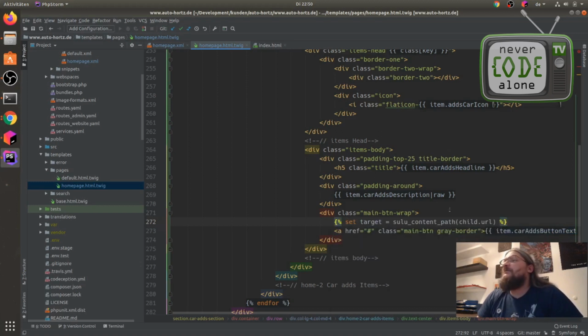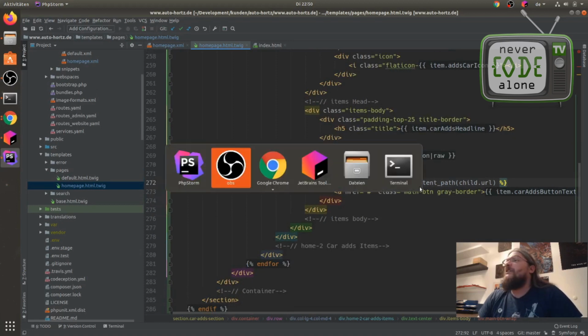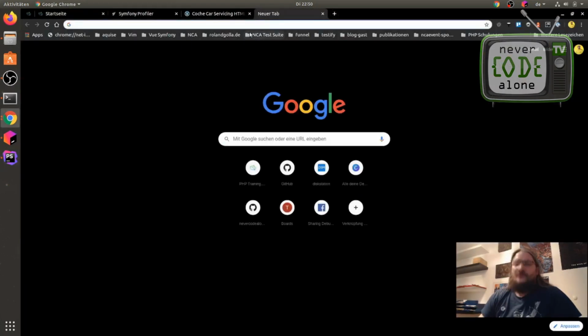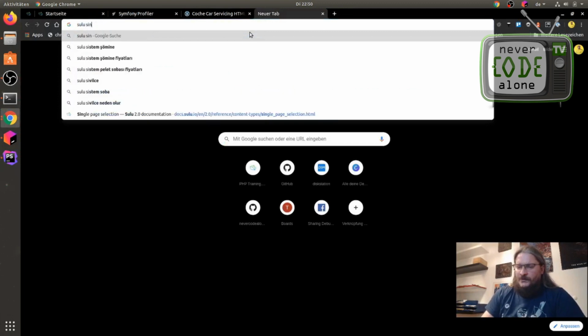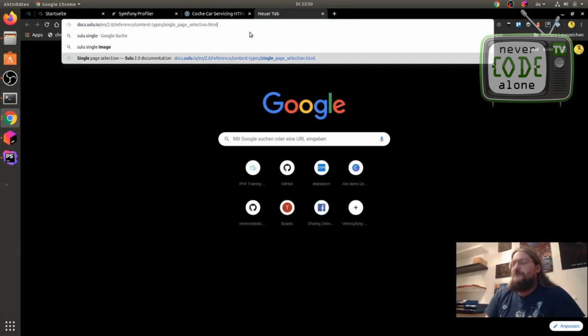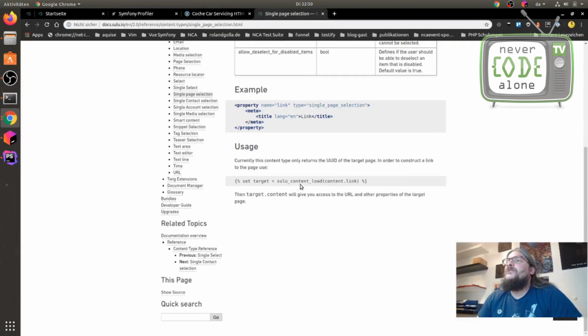And the Zulu set target is now Zulu content path. And when I check out my documentation on Zulu, Zulu single page selection, I think this is here Zulu load content.